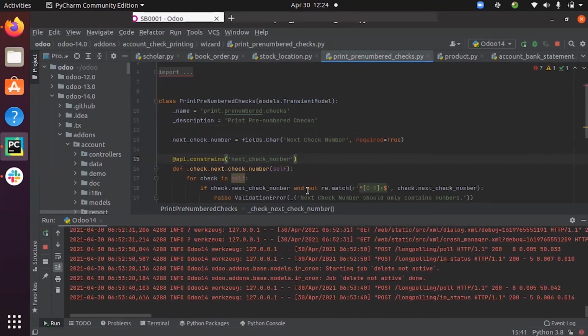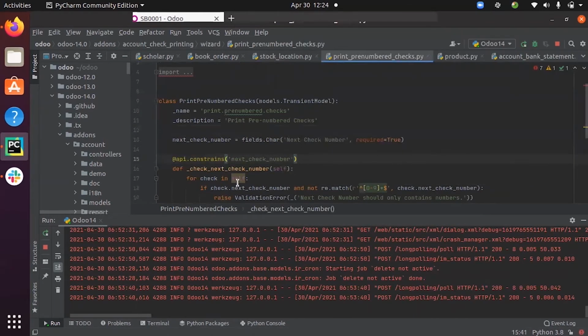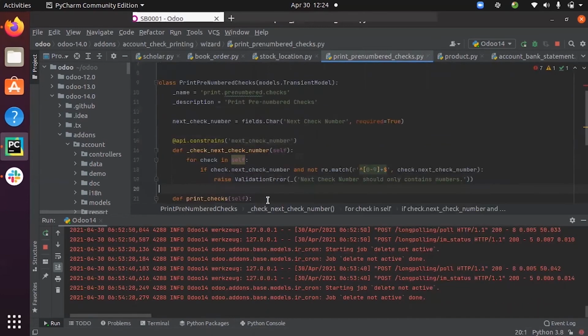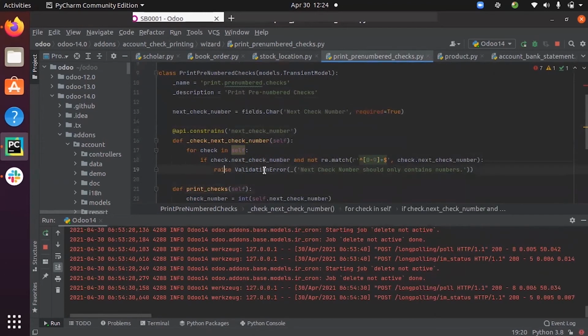For example, when you want to validate data before calling the create or write function. Here you can see this function returns a validation error, which is defined under the decorator @api.constraints.